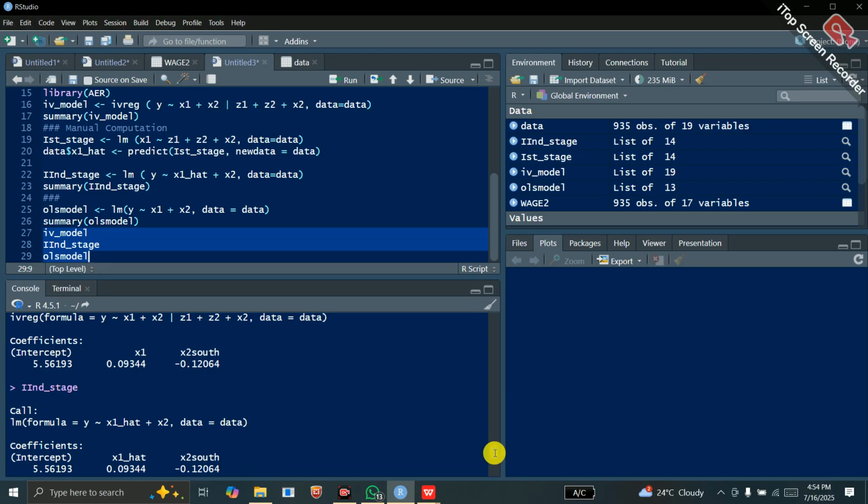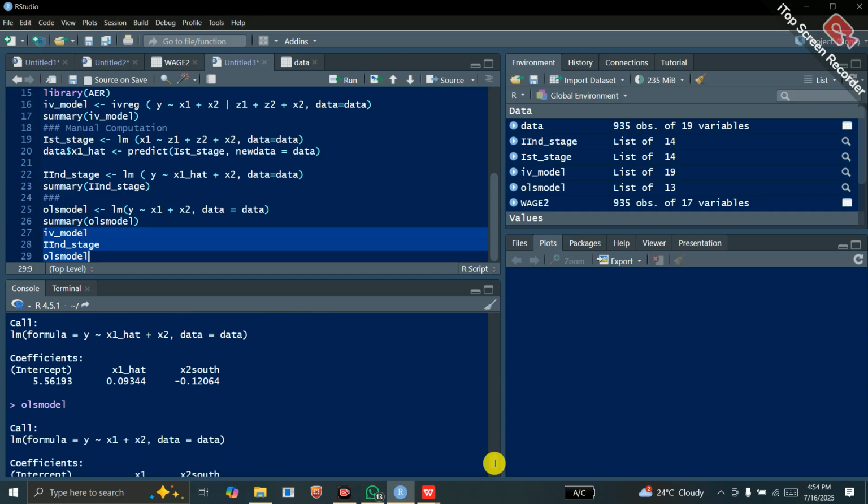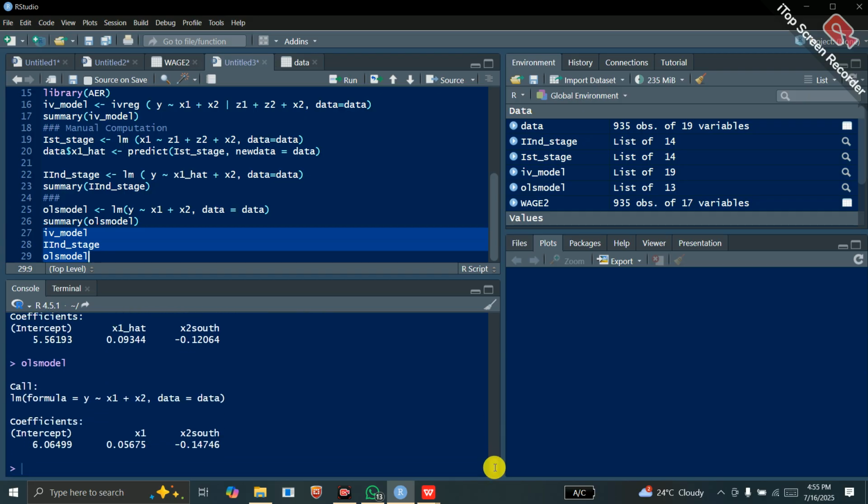Finally, we will compare the results of these two models with OLS. So in case of OLS, the coefficient of the intercept is 6.064, and for the two stages least square and instrumental variable regression model, the intercept is 5.56. For actual education, the estimated coefficient is